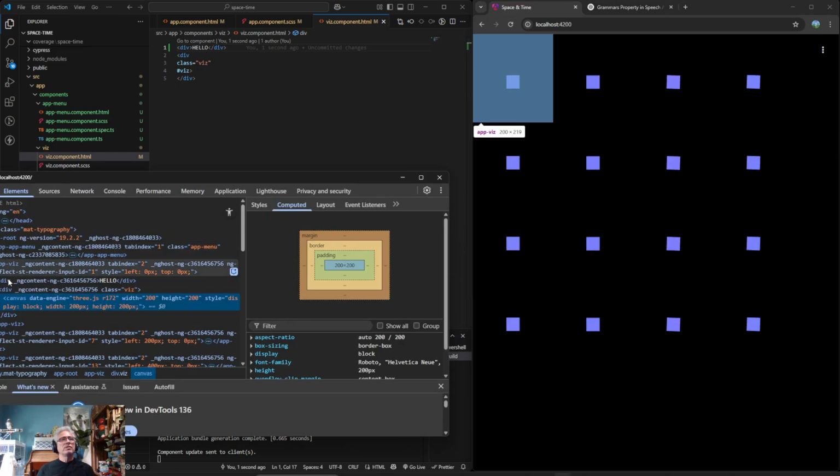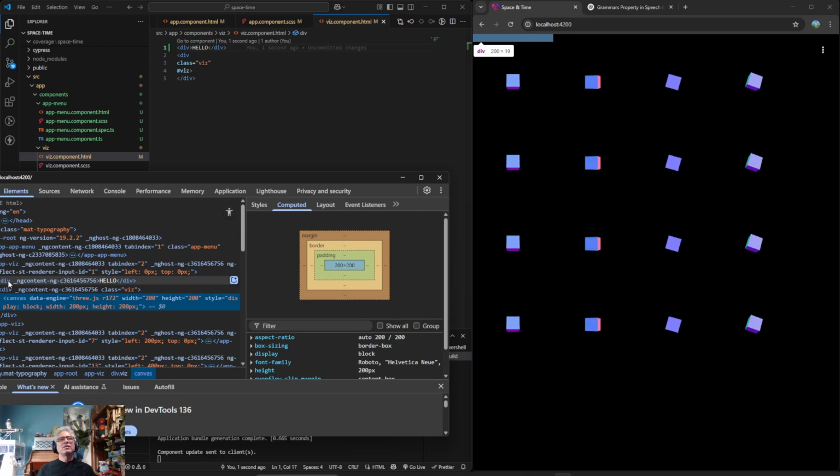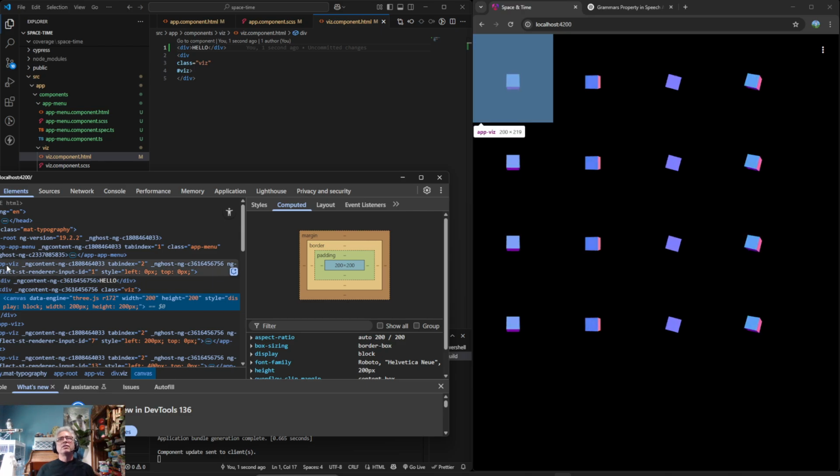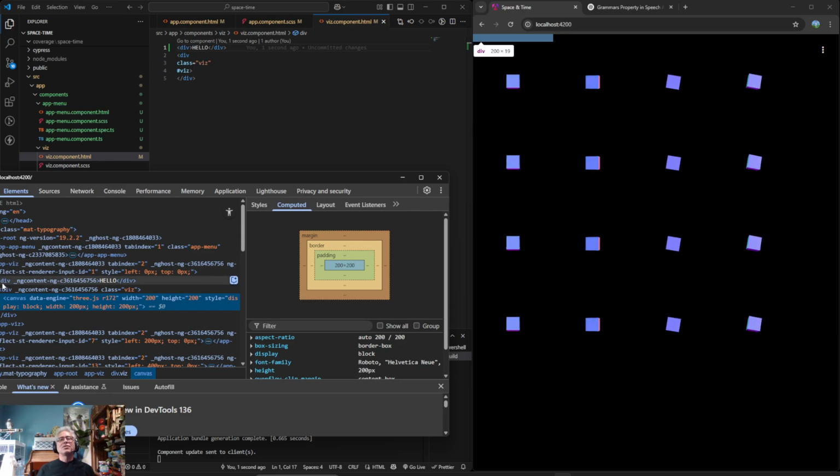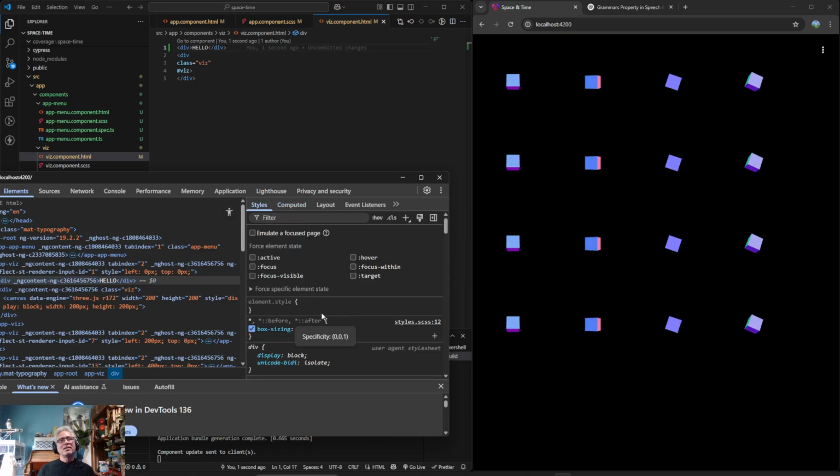And so now we have our div right there, which is kind of interesting. Our app viz goes all the way up to the top there. I didn't even really think about that, but yeah, I guess it would. So now if we take this guy and we make his z-index, our hello, and we make his z-index